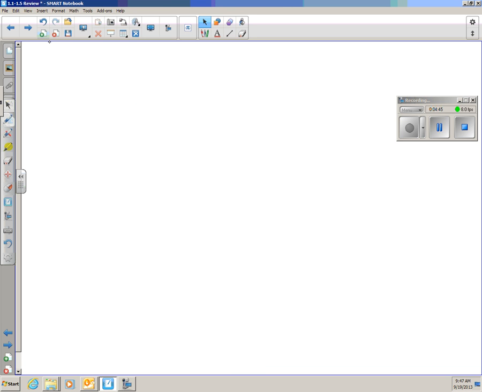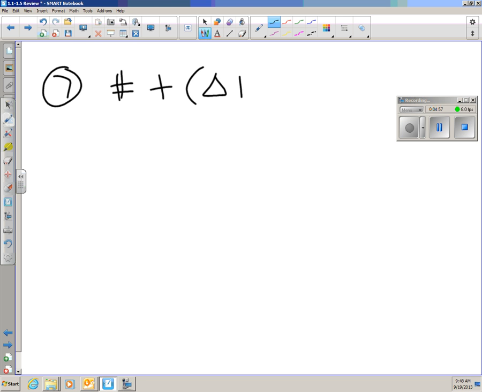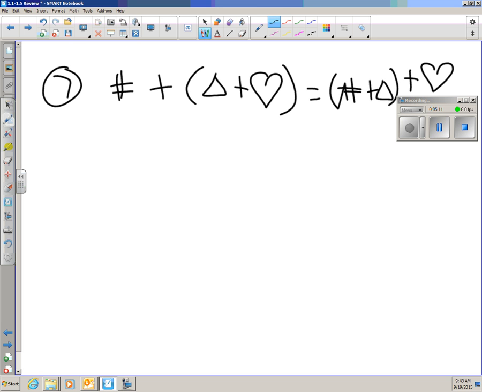So number 7 says, what property is illustrated by this equation? Explain your answer. So what's happening in 7 is you've got a number sign, a plus sign, a parenthesis, a triangle, plus a heart, equaling a parenthesis with a number sign plus a triangle, close the parenthesis, plus a heart. Well, the order of those symbols stayed the same. However, the parentheses changed. This is an example of the associative property